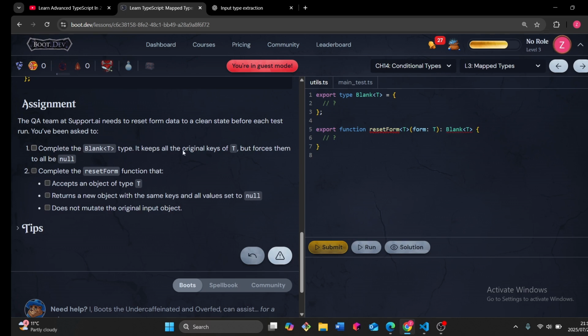It keeps all the original keys of T, but forces them to be null. It'll complete all the optional keys of T, but forces them to be null. It keeps the original keys of T, but forces them to be null. Complete the reset. First, it accepts an object of type T and returns a new object with the same keys